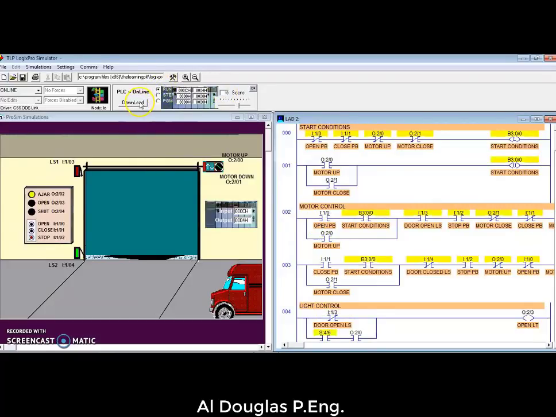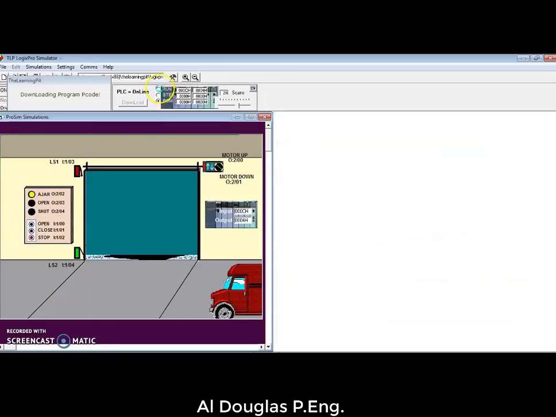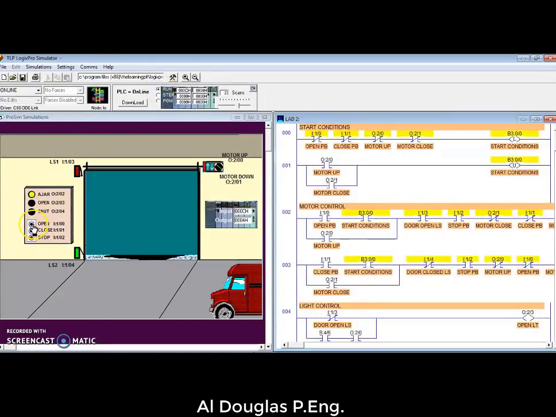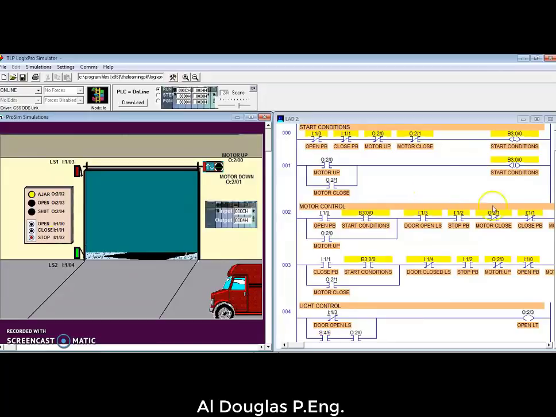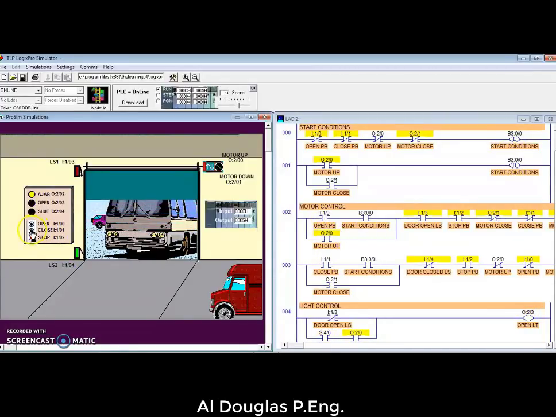Let's see if this works. Downloading, going into run. We are opening. Now if I push close, it should stop. So that stops it dead. And then I push close a second time, and that will close. If I push open, it stops dead. And then if I push open again, you'll see right now I have my start conditions. If I push open and I'm running, I do not have the start conditions. So if I push a button right now, nothing would happen,